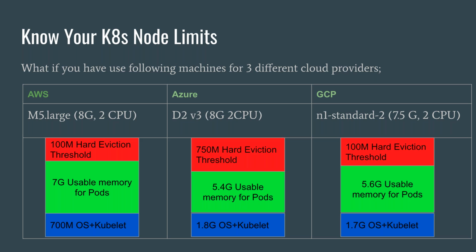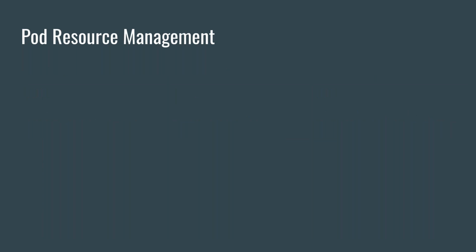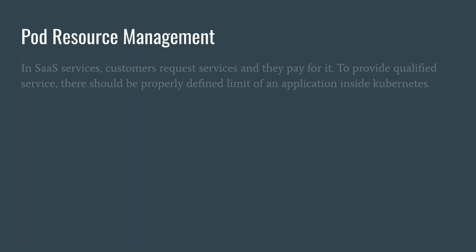First of all, you need to know your infra limits. So you need to have these values in some place. Of course, there are some calculations for the CPU part, and you can have a look at this in the Kubernetes documentation. So let's say that I know my infra limits. I just selected a machine type, and I know how much memory is available in this system.